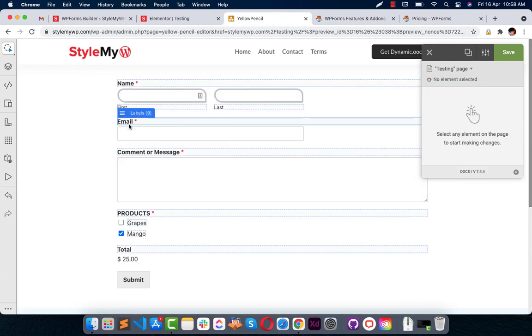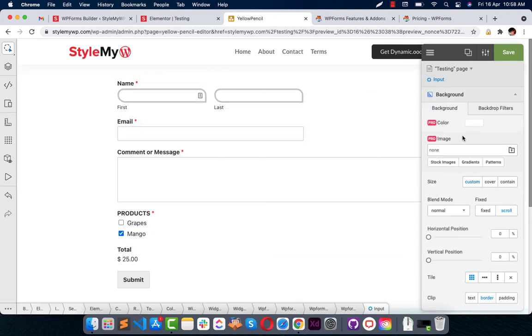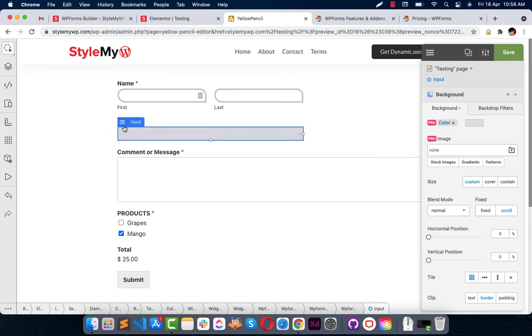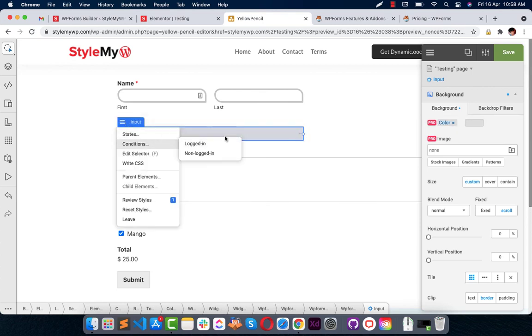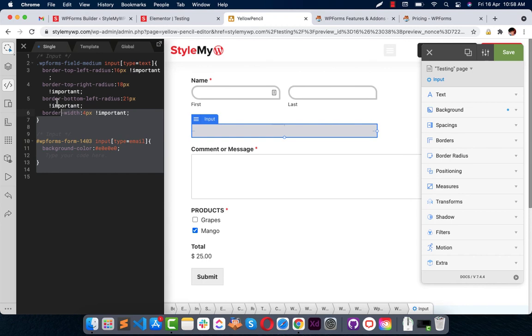You just need to select the selector and change any of these settings, like this. And if you know a little about Elementor, then it's the same way you can change all those settings. There are a bunch of settings: positioning, border, shadow, transforms, filters, motion, and so on. So you can change all of these settings and just go to the CSS editor, copy all these settings and paste them in custom CSS, and it will work fine.